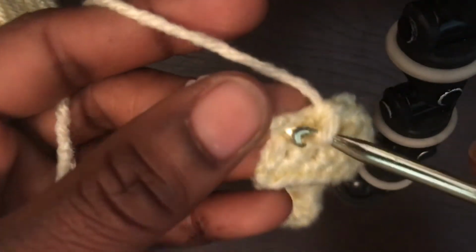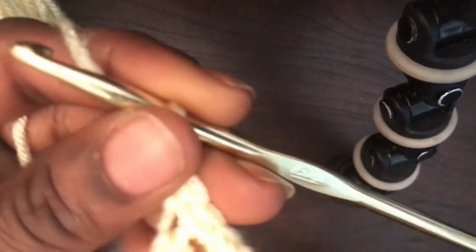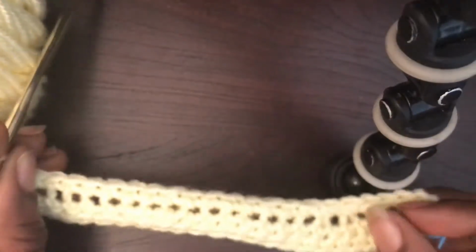All right, so we're reaching the end again. So you go into that stitch and then chain your chain, and then you're going to turn your work, and you're just going to keep doing this the whole time,